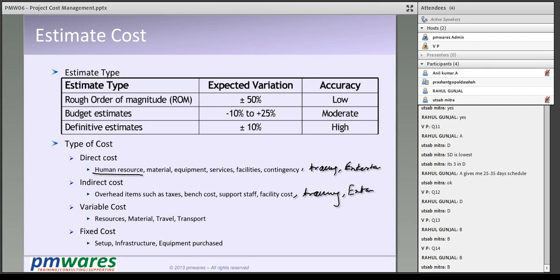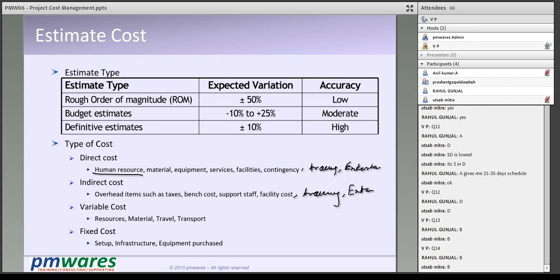So if training is happening because of this project, suppose you launch a project in a financial domain and your people do not have much idea about finance. You called a meeting to let people understand the financial domain. This is simply the reason of the project. If the project was not existing, this training would not have happened, and therefore this training is a direct cost. Similarly, if you are holding an entertainment party or something for this project, the cost will go to the project and it will be a direct cost.